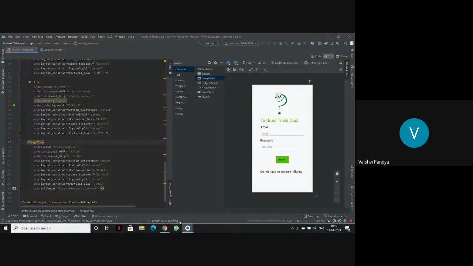So it means the program is processing. It will take some time during your first try, because once the program gets the hang of it, it will do it faster for the other runnable programs. But the first time it will take some time, and it will depend on the system how much time it takes. It may take 5 minutes, it may also take 10 minutes, but you just have to wait.